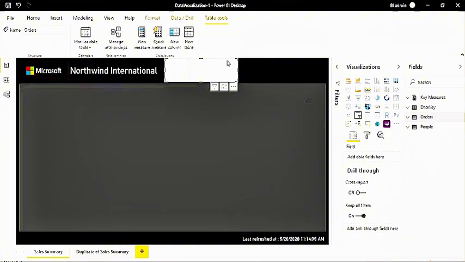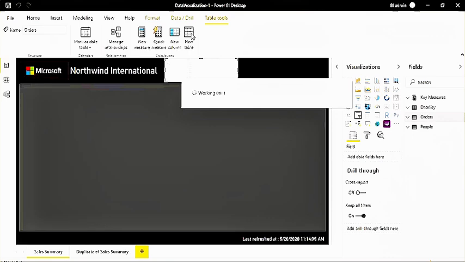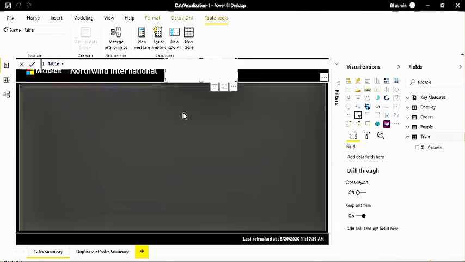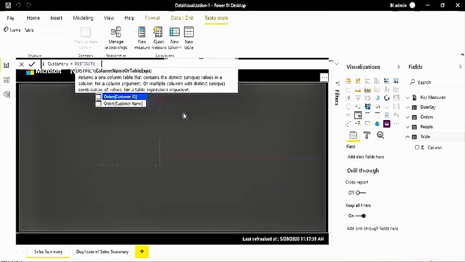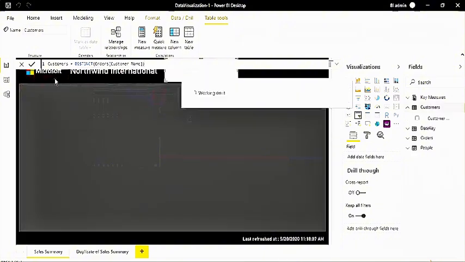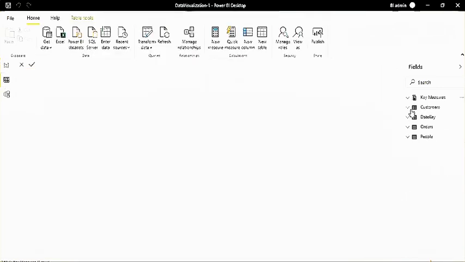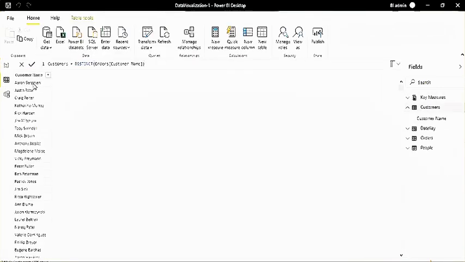In that table, let me just create that. I'm going to create a separate table. This is my customers, and here I'm going to get the distinct of customer name. So you can add the customer name here, close bracket. And now here you will get one more table, let's say your customers. So here you have all the distinct customers. You can get more columns also. Let's say along with customer, you can add the customer ID also.